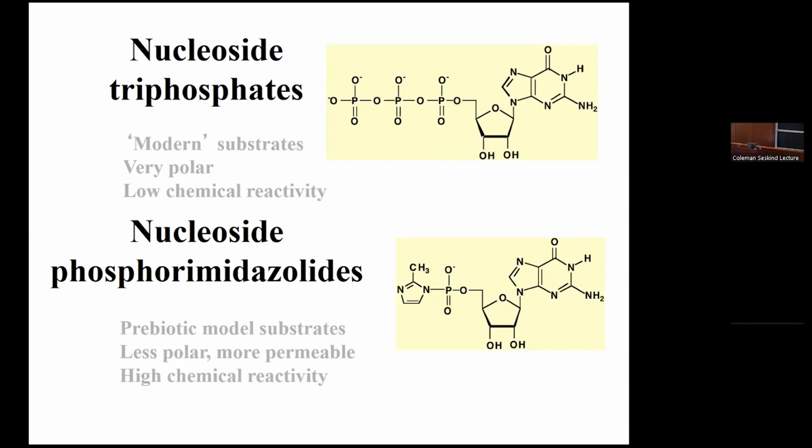Now, this particular leaving group, methyl imidazole, was found in Leslie's lab in the early 80s. And, you know, it kind of works. It's not great. There's no particular reason to think that it would be the actual thing in prebiotic chemistry, right? You can draw pathways to make this from simple chemicals, but there's nothing really special or unique about it. So it was always viewed as kind of a lab model, not necessarily anything actually involved in early copying chemistry.